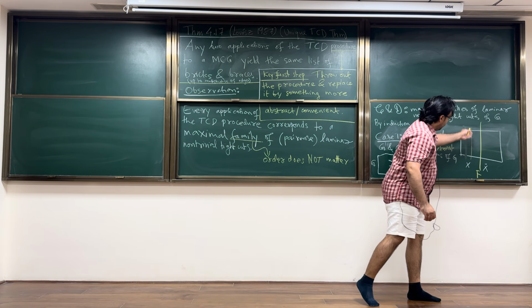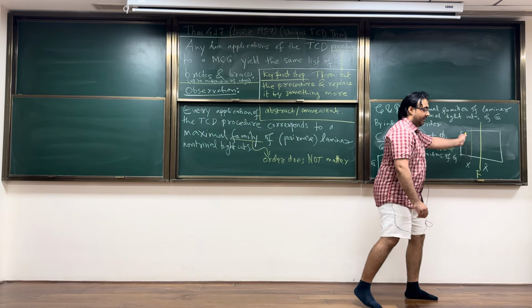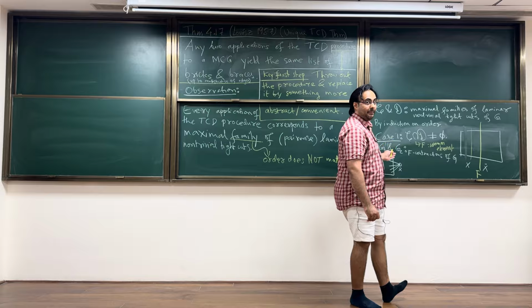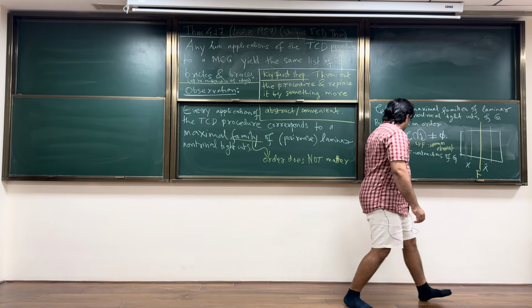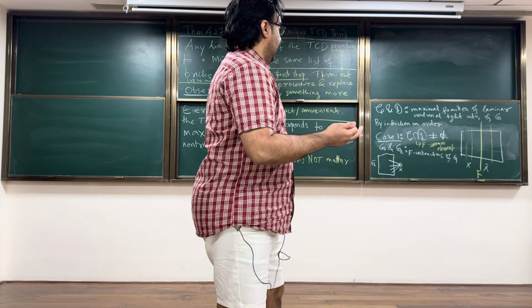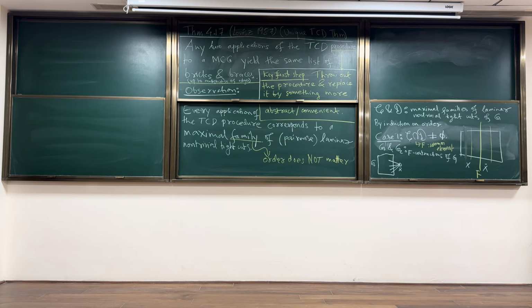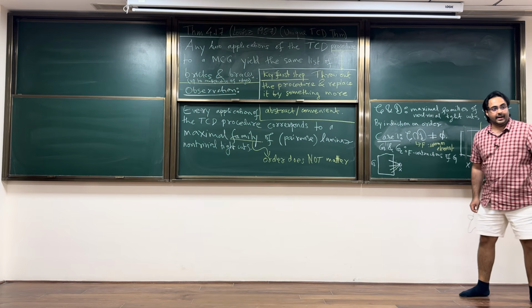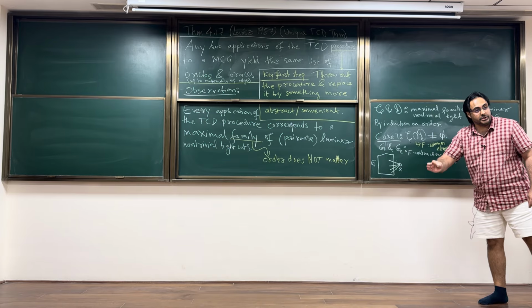So this cut, I will just put it in the family for G1. All the cuts that look like this, I will put them in the family for G1. That will be a maximal family corresponding to G1. And all cuts that look like this, I will put them in G2, where G2 is the other contraction. So every cut in my family C or D corresponds to a non-trivial tight cut, except for the cut F, of course. The cut F is actually a trivial cut in G1 and also in G2. But every other cut apart from F will correspond to a non-trivial tight cut either in G1 or in G2,